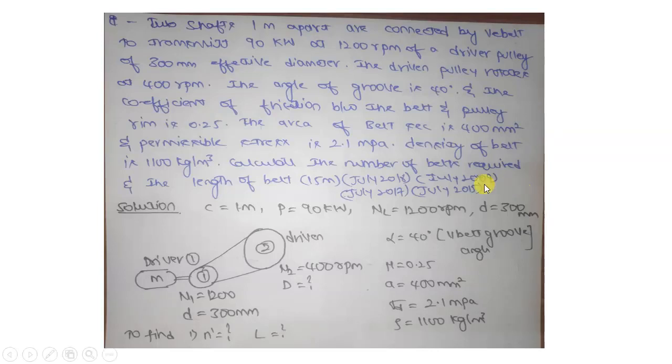Hello everyone. So today we will discuss one more category of problems in V-belts. So as you all know, there are two categories of problems. Number one is design oriented or selection oriented. Number two is the general category of problems. What is the difference between these two problems is the first category, which is design and selection.